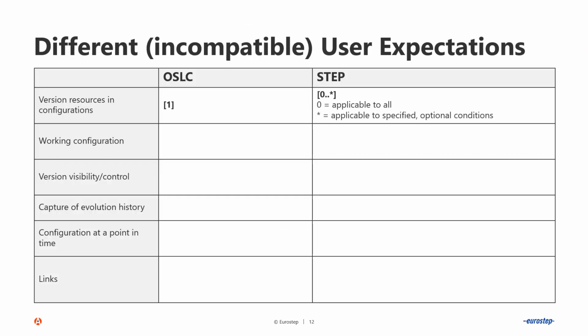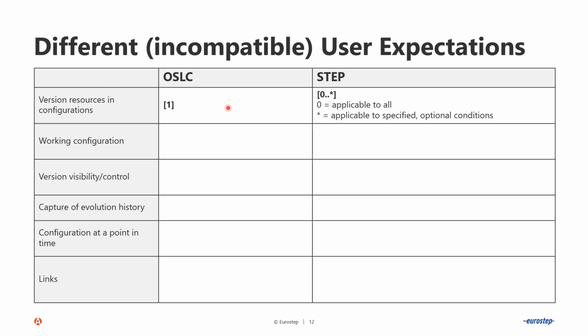So that was a very quick look at the main features of the two different approaches for configuration management. I'm now just going to list some of the incompatible differences from the end user's point of view for using these two different types of configuration management. First of all, looking at version resources in configurations. So in the OSLC configuration management, a version resource is only in one configuration,